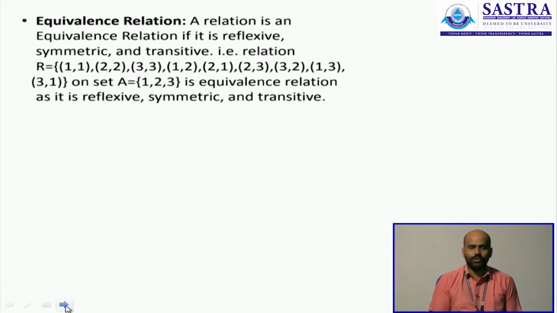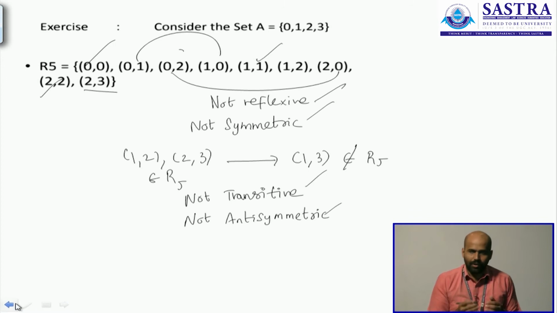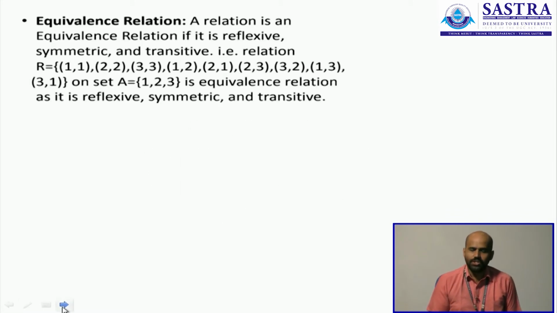So since we have established a familiar ground with all these relations, we can discuss this other classification of relation into a special type. That's what we'll see next. A relation is called an equivalence relation if it is all of reflexive, symmetric and transitive. If all 3 conditions are being observed, we'll call the relation an equivalence relation. And we can see that the example on your screen is in fact an equivalence relation.